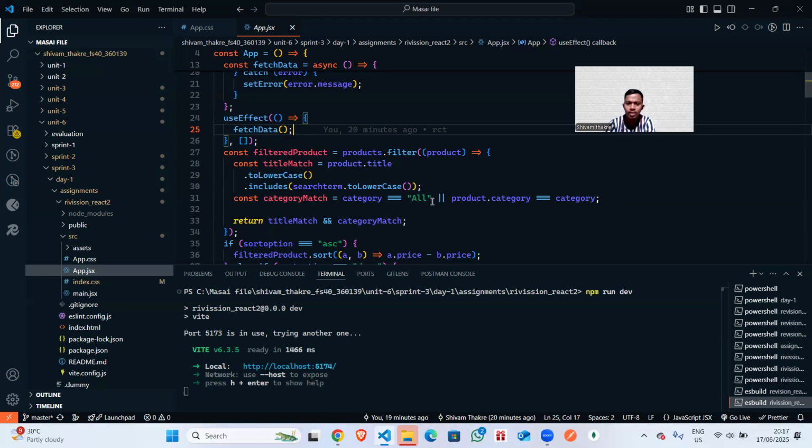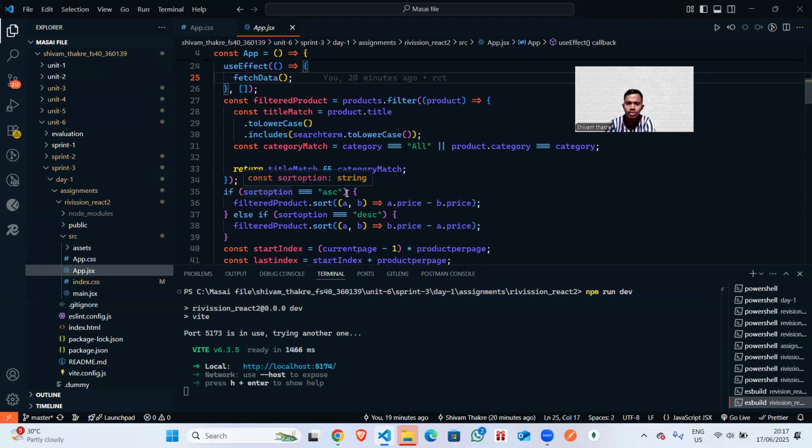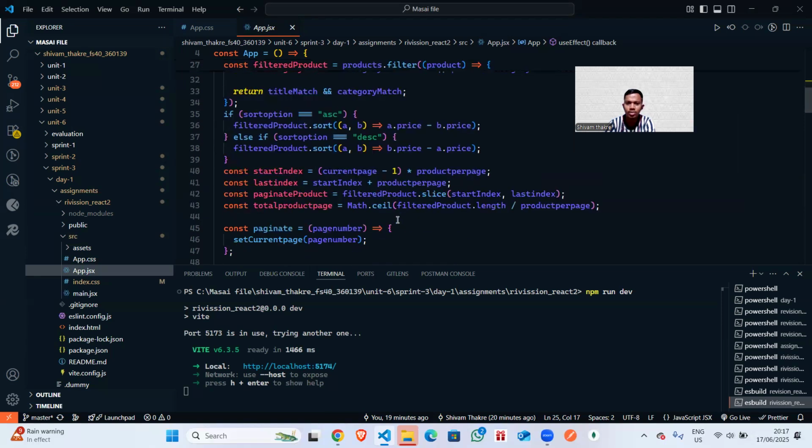The first time, category will be all, and after that when we give a category, it will be equal to that category. Then we return the title match with the category match. Then if the sort option is ascending, we sort the price in ascending order, and if descending, it sorts in descending order.